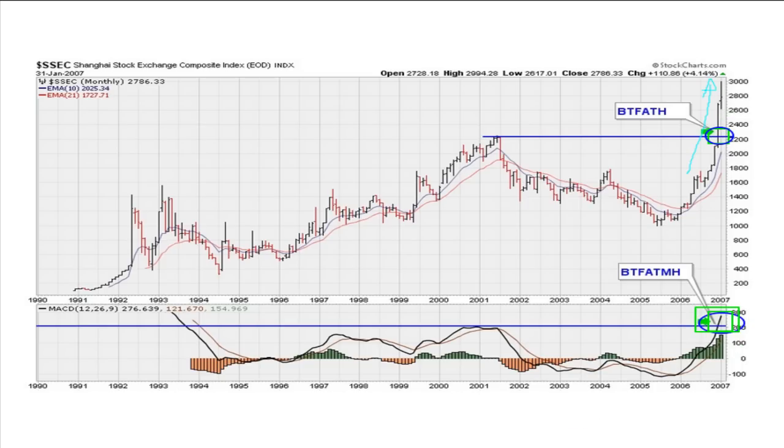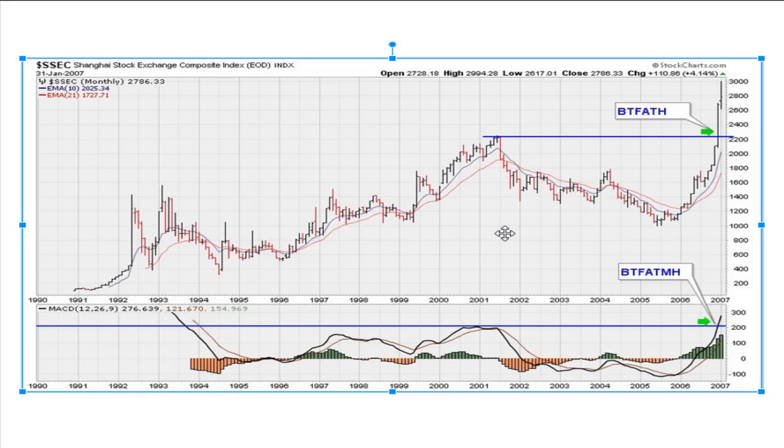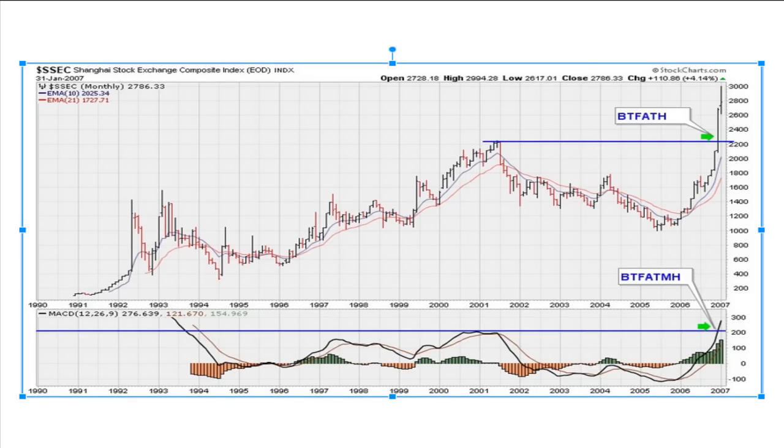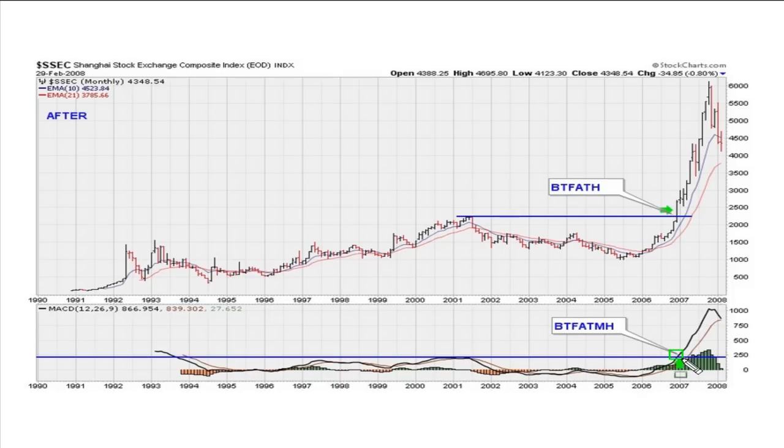The price was breaking out, MACD was meeting our minimum requirements. Take a look at what happened next, and you can see from this range here, or even here at 3000, this instrument would go straight up to 6,000. So that's a double in price in about 7 or 8 months. Why? Because it met our minimum requirements of buying the fresh breakout in price and also buying the